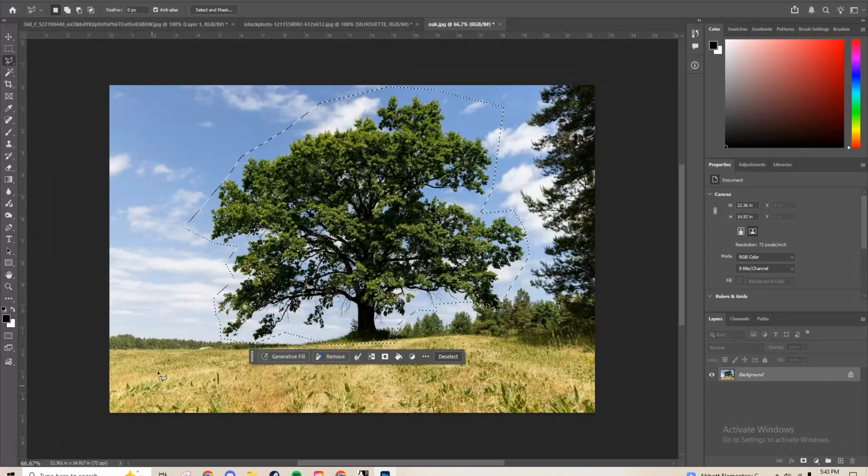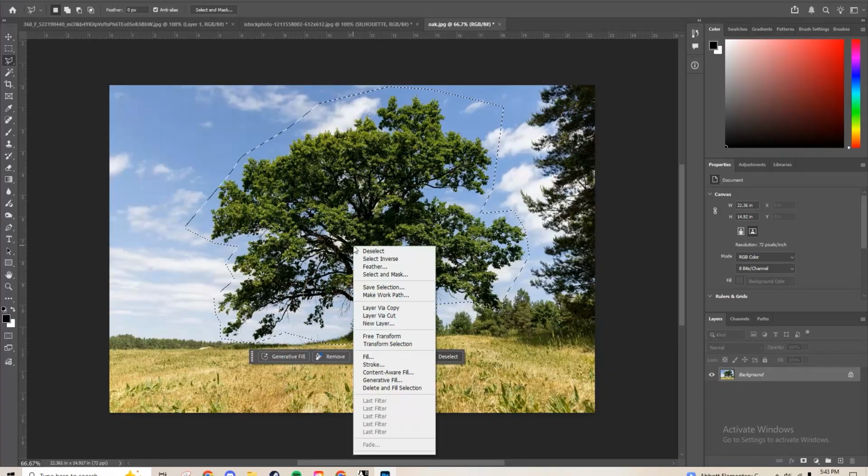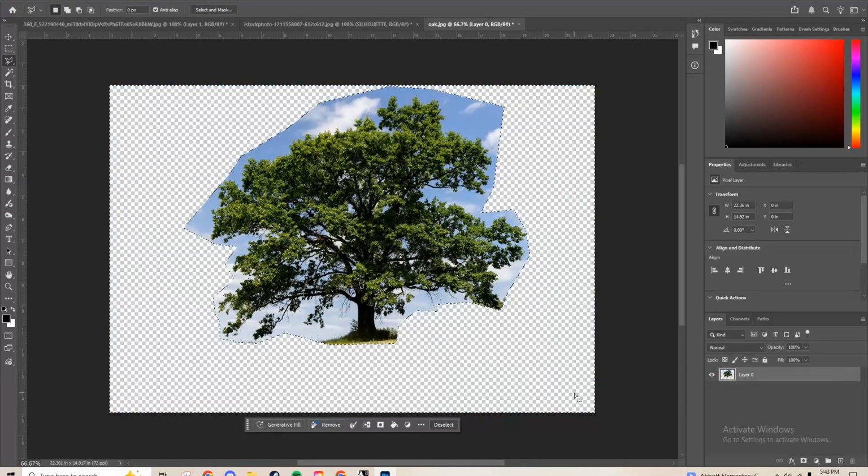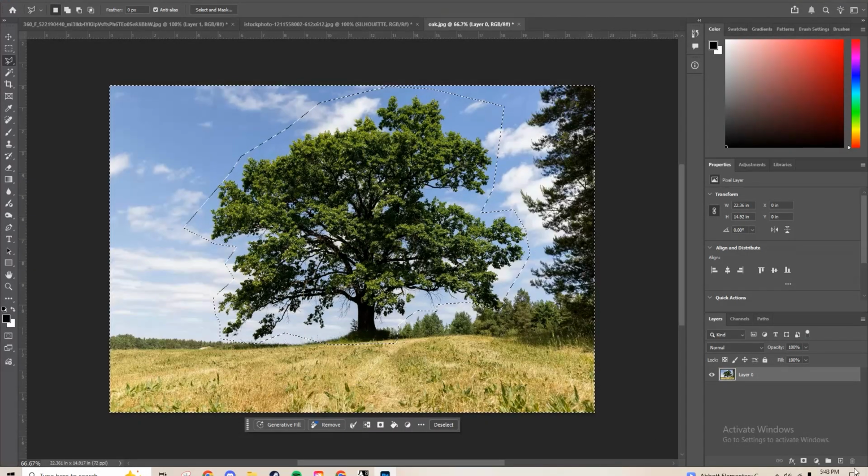Trying to keep the grass and the other trees as far away from the drawing as possible. I'm going to say select inverse, so it's actually selecting the things outside of the tree. And I'm going to say delete. What we could do too, to not do